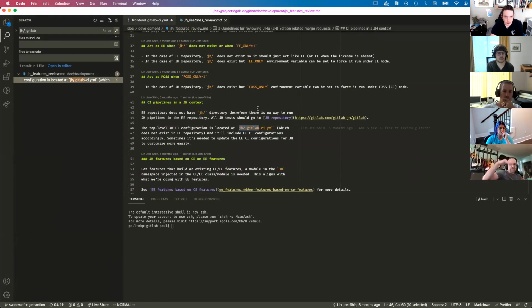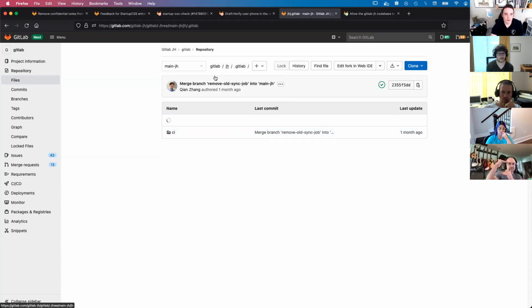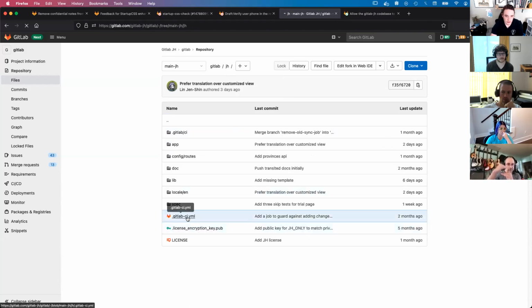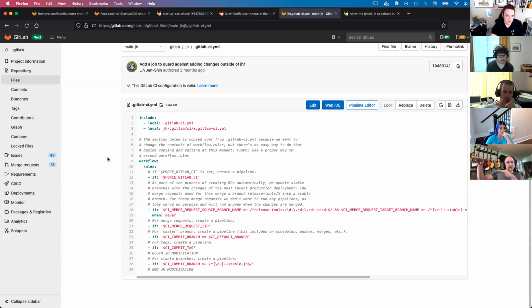For the startup CSS, there would be one included YAML that doesn't actually do anything, but includes the other YAML. So inserting this level, that's the level at which you would override the YAML, and in the JH code base that would say just don't do this, basically a no op. Yeah. You see that they are including